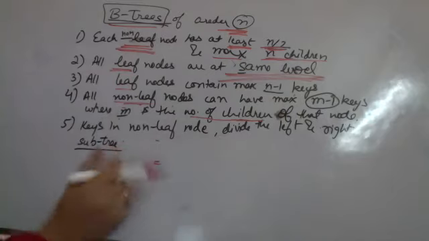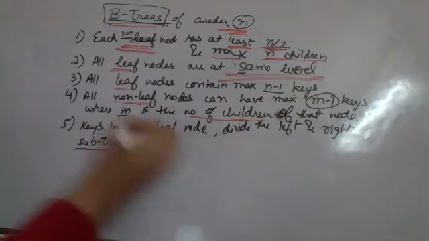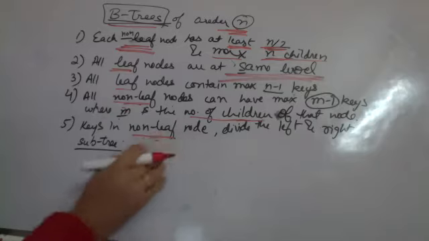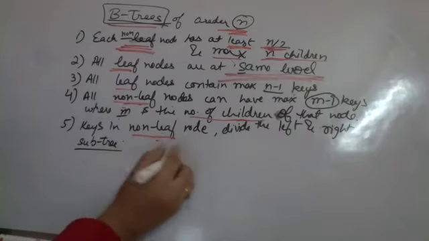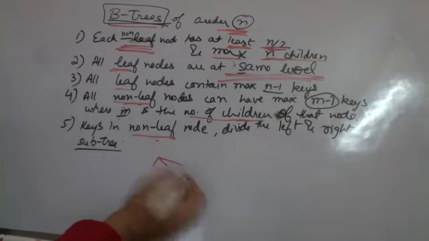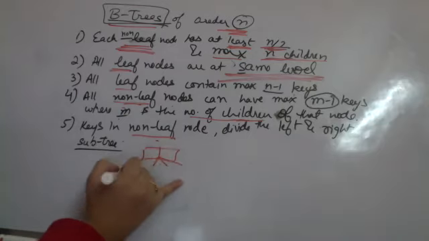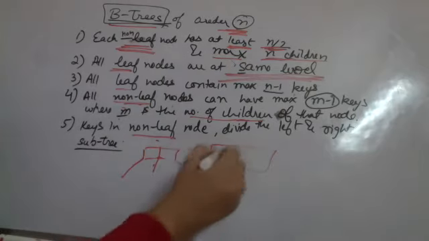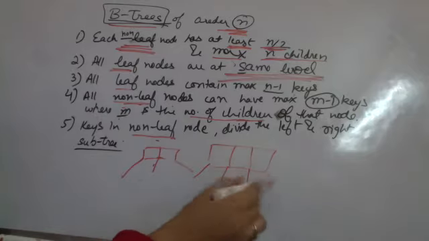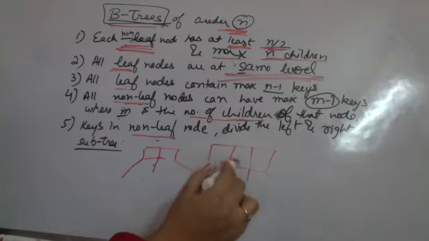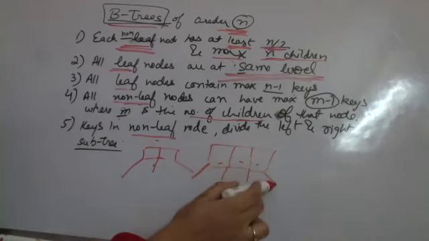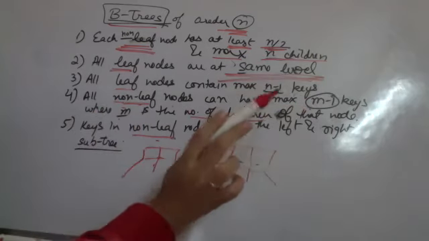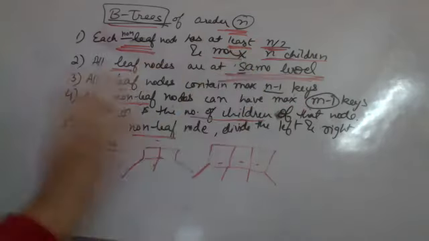And why is the condition there? Because keys in the non-leaf node are dividing the tree into left and right subtrees. If we are dividing into 3 parts, then only 2 keys are possible: एक division less के लिए, एक in between के लिए, एक greater के लिए. If there are 3 keys, then 4 divisions would be possible: one for less than key 1, between key 1 and key 2, between key 2 and key 3, and greater than key 3. That is why non-leaf nodes can have maximum m minus 1 keys, where minimum n by 2 is there obviously.